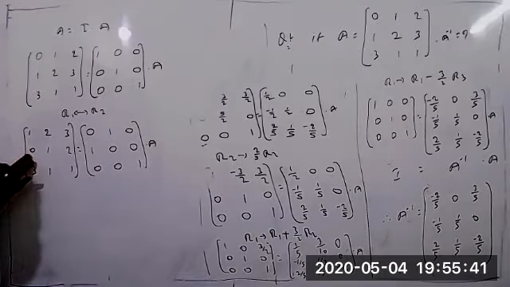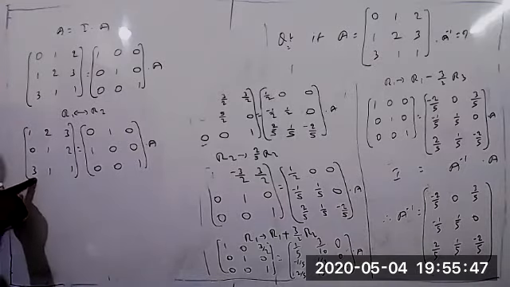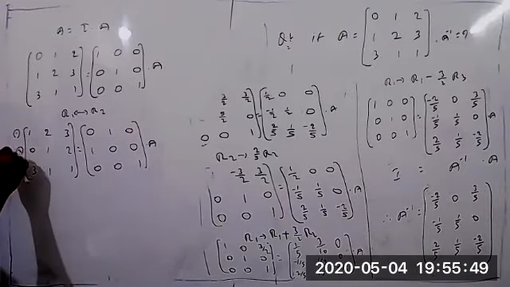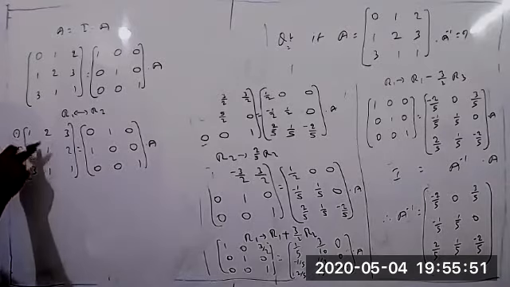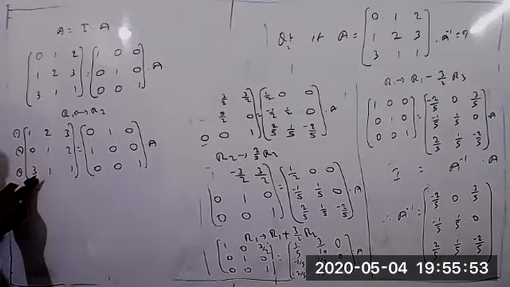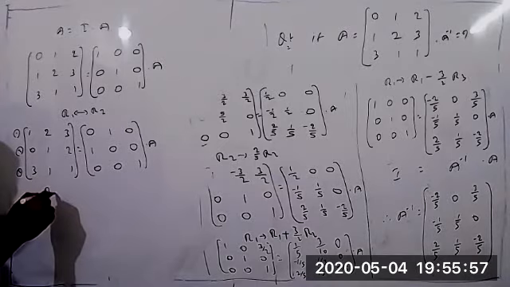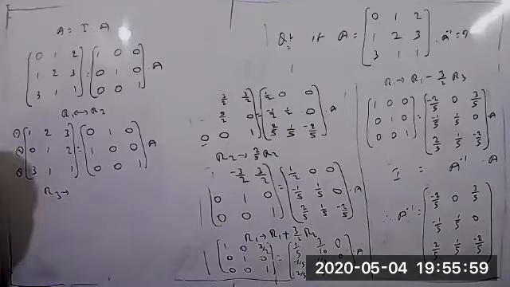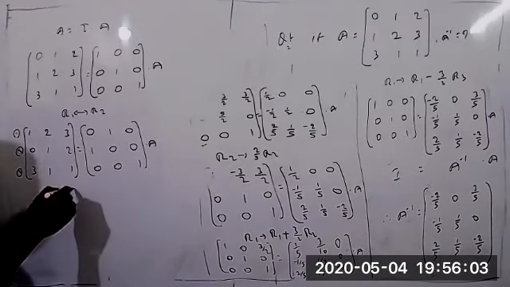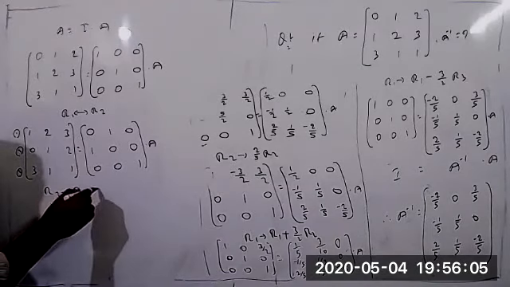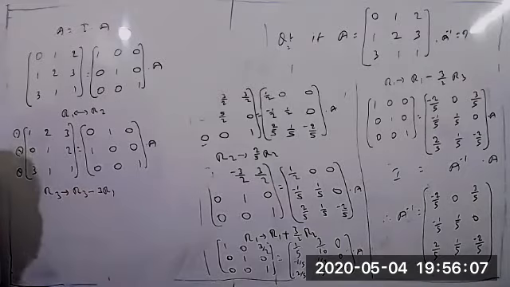Already the second element we have to get as 0, and here also we directly got 0. Now your focus is completely on this third element. This is the first one, this is the second one, this is the third one. So 1, 0 we already got. Now 3 has to change. But 3 belongs to the third row, so you can write R3 goes to R3 minus 3R1. Correct? 3 into R1 now.